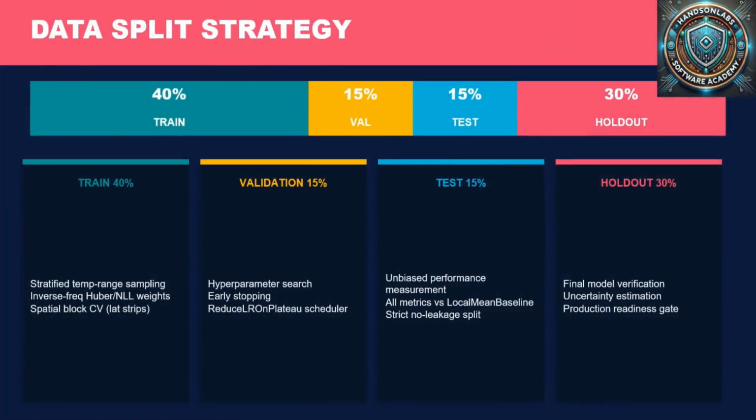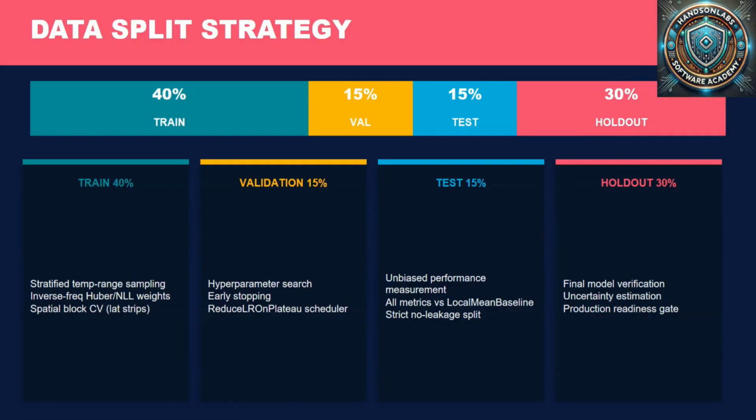We have 40% train, 15% validation, 15% test, and 30% holdout. For the train, we have stratified temp range sampling, inverse-frequency Huber NLL weights, and spatial block CV, that's latitude strips. And for the validation, we have the hyperparameter search, early stopping,